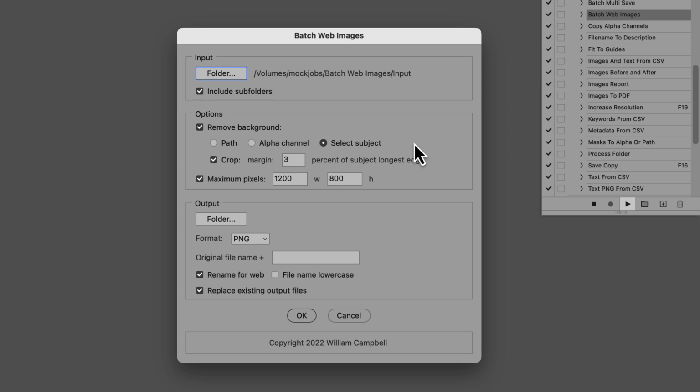Once the background is removed, the script can also crop closer to the subject to get rid of excess image. Click the checkbox to enable and tell the script what percentage margin you want. This is a percentage of the subject's longest dimension. Or enter 0 for no margin. Image beyond the margin is removed, but margin is not added where it would exceed the original boundaries of the image.